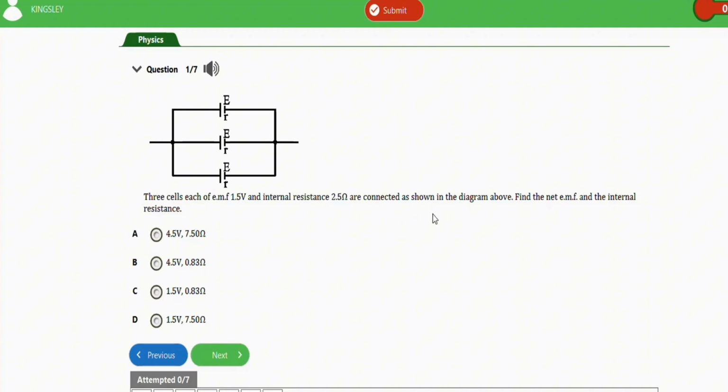The first question here says 3 cells each of EMF 1.5 volt and internal resistance 2.5 ohm are connected as shown in the diagram above. Find the net EMF and the internal resistance. Okay, so for this question, note that when you are dealing with parallel connection, the net EMF remains the same. So the net internal resistance is going to be